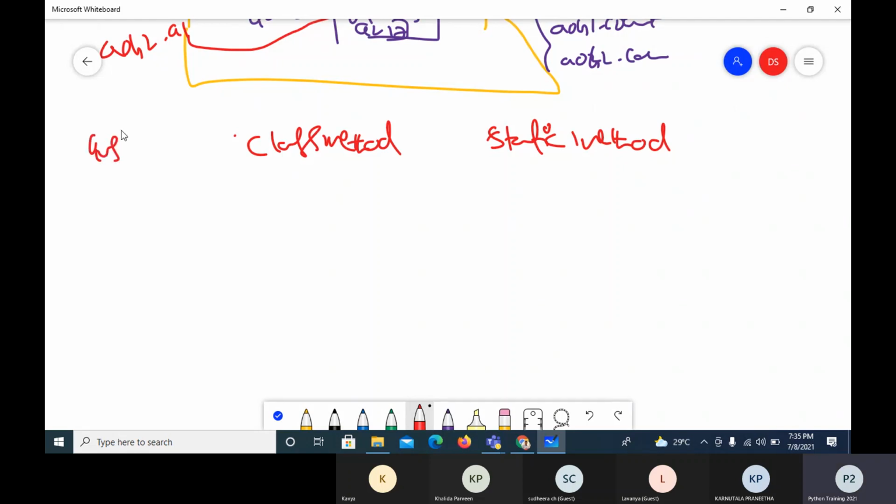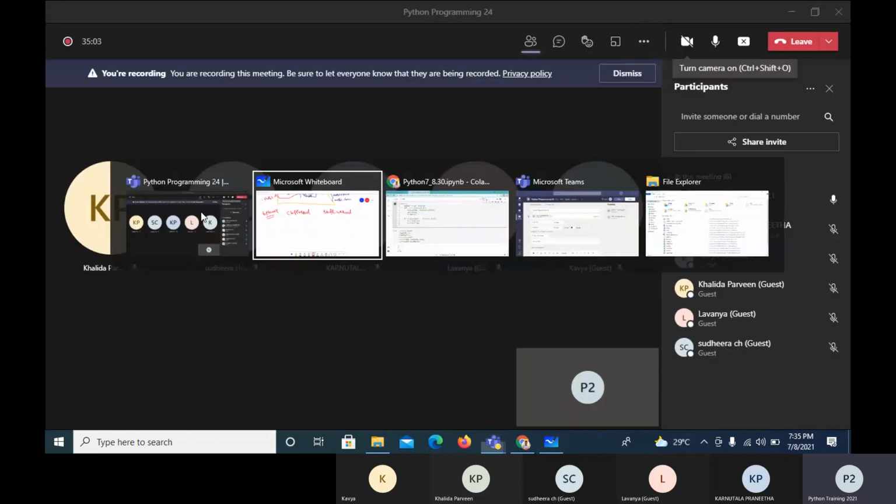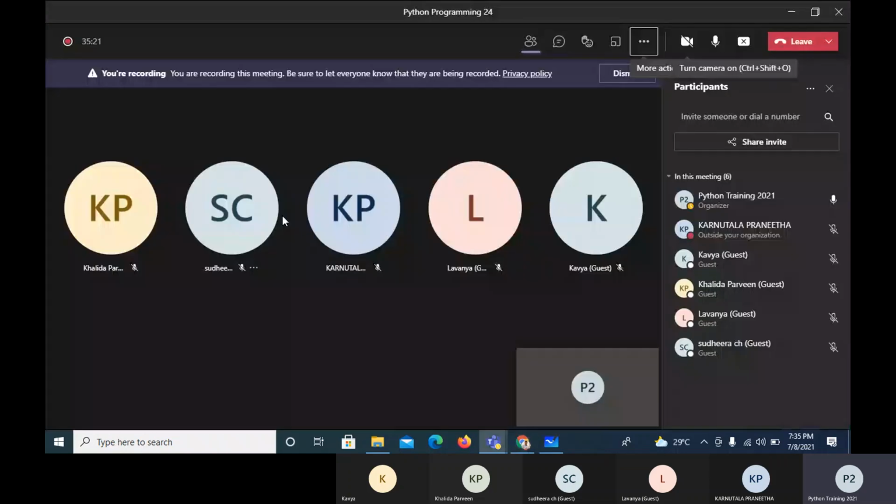Instance method we have seen. Every instance method is just defined like a normal function we define. If you define a method like a normal function, it becomes an instance method. And the one specialty of the instance method is that self will be the first parameter, which refers to the current object. But for class method, it will not be there.